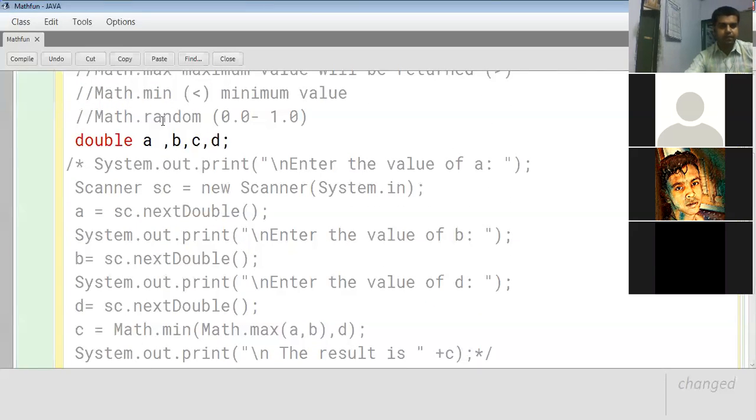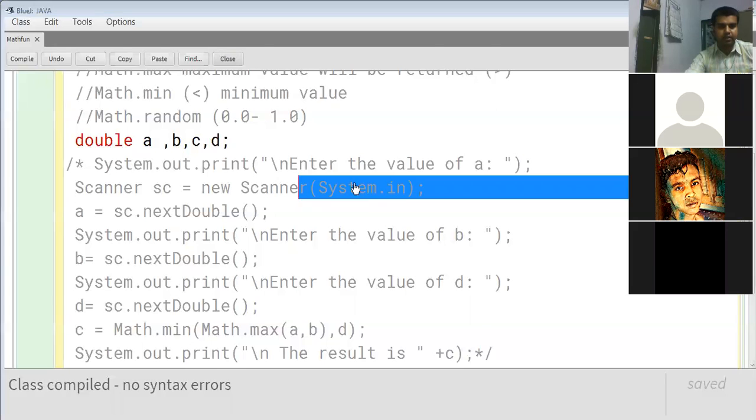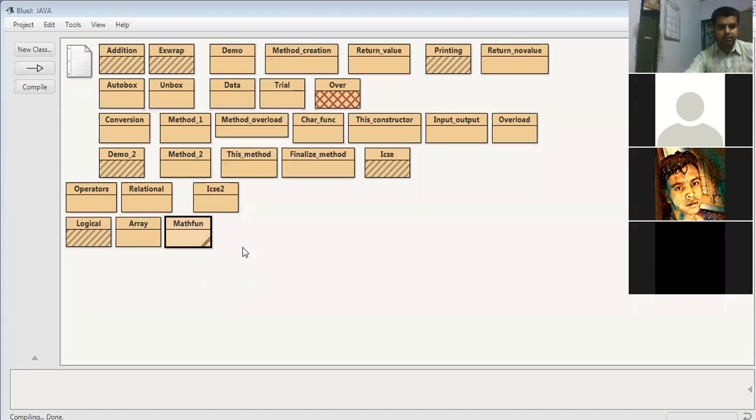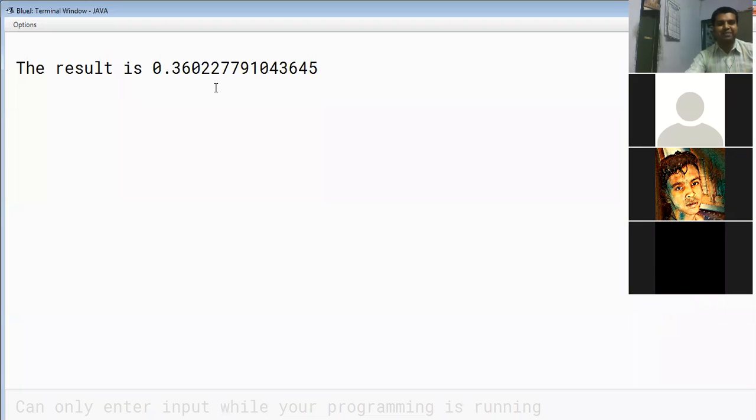Let me compile it. Yes, no syntax error. So let's see the result. Any random result will be generated using Math.random.